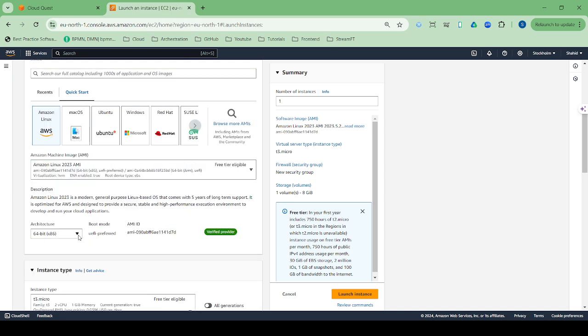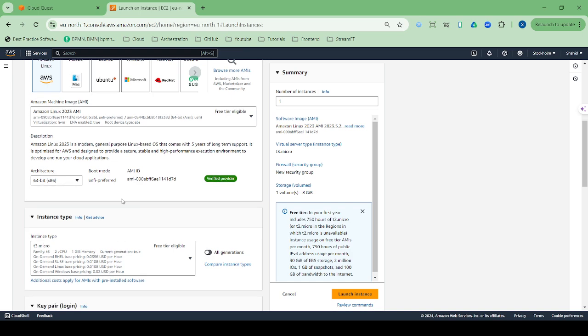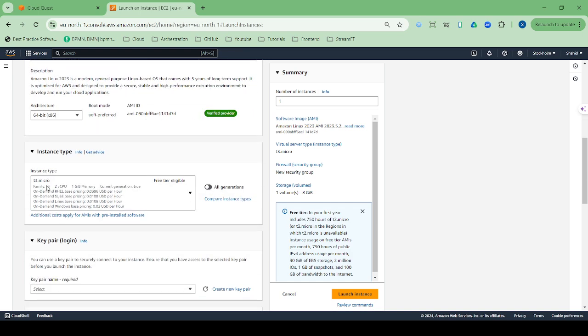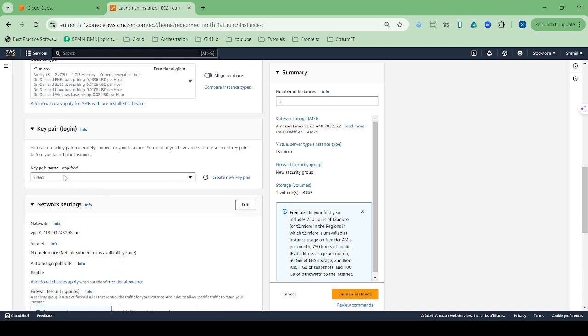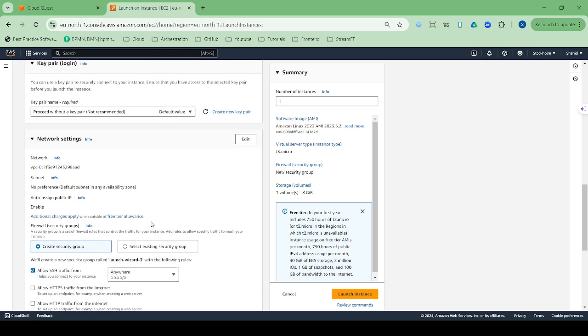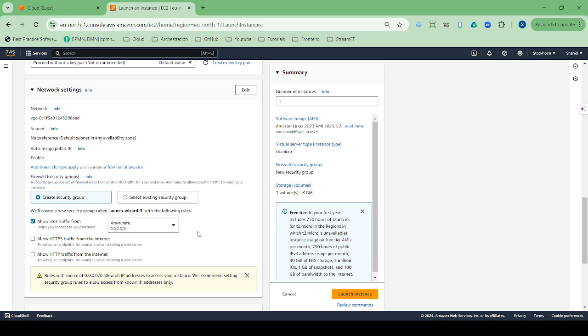and it is selected by default, and you can see here is T3 micro. In the previous steps we reviewed, there was T2. So for me it's available in free tier T3. So I will go with this, and don't forget to select this option. I really don't want any key pair here. And after that,